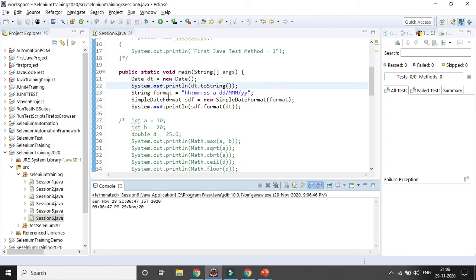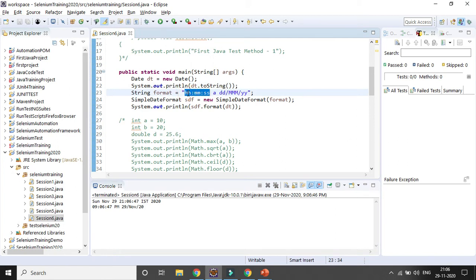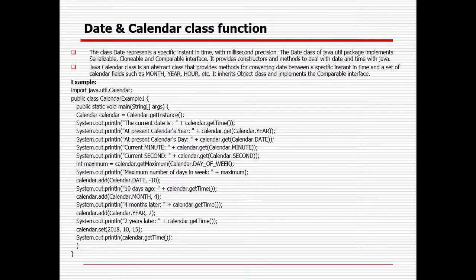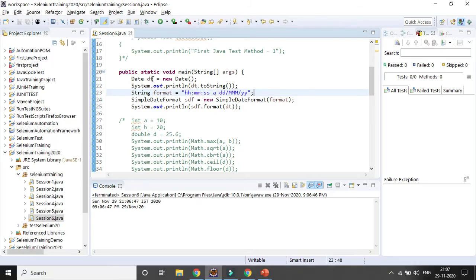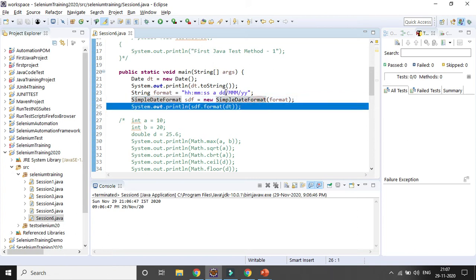So that is the beauty, right? Instead of hour, right? If you want to change it to minute first or second, you can change it also. So it will be based on your requirement. Okay. So that's the way you can deal with date class, right? You need to use date class, and as well as you need to use simple date format class, in case you want to convert the date in a specific format as per your requirement.